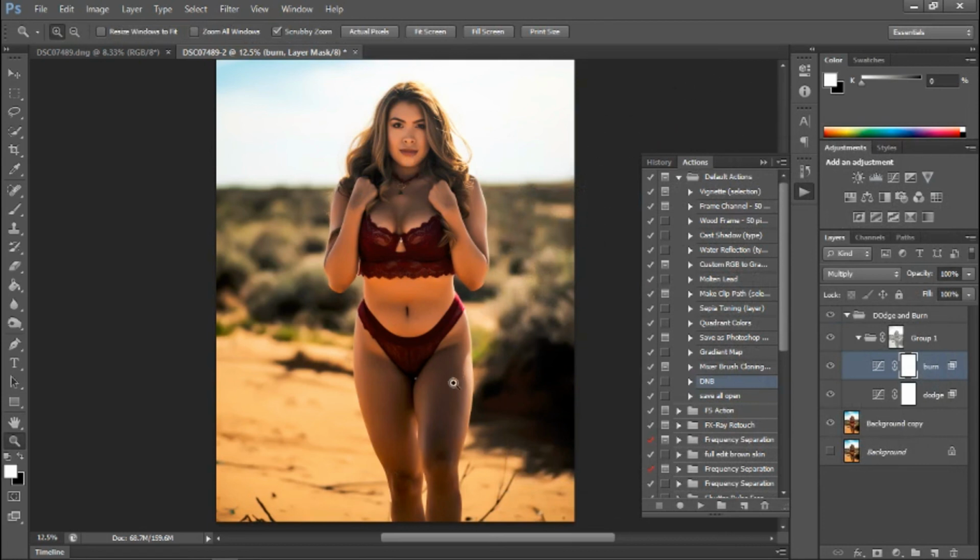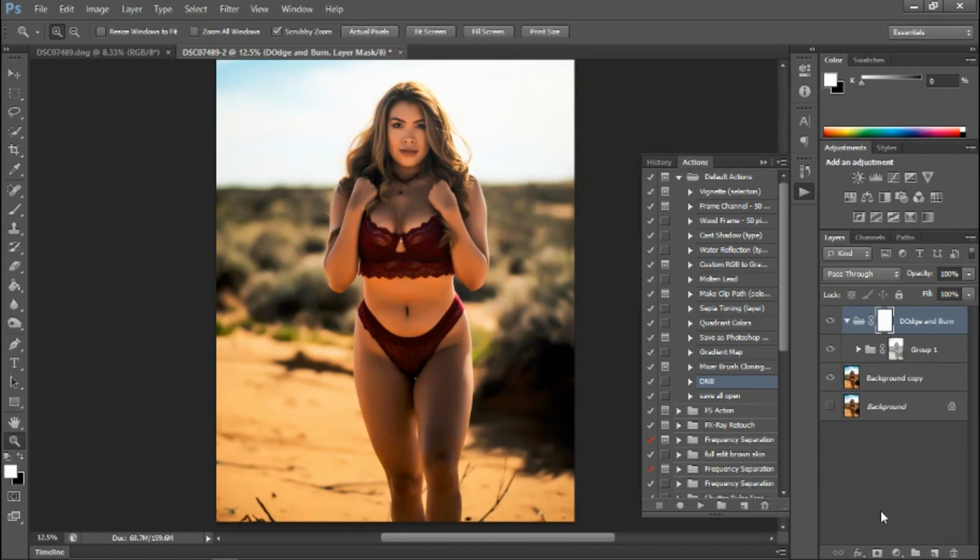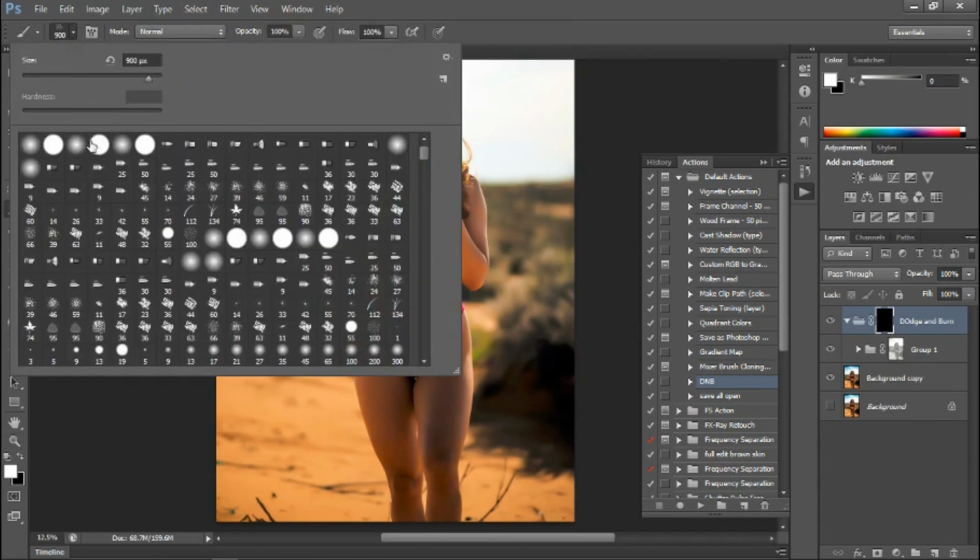So now I'm gonna go to the group. All these are grouped already, so I just minimized them. So now I'm gonna click the dodge and burn main group, and then I'm gonna add a mask to that. And once I add the mask, boom, and then you hit Control I, and it's gonna make that mask black. So whatever you paint will be in white. I'm gonna go to my brush tool, give me a nice soft brush,